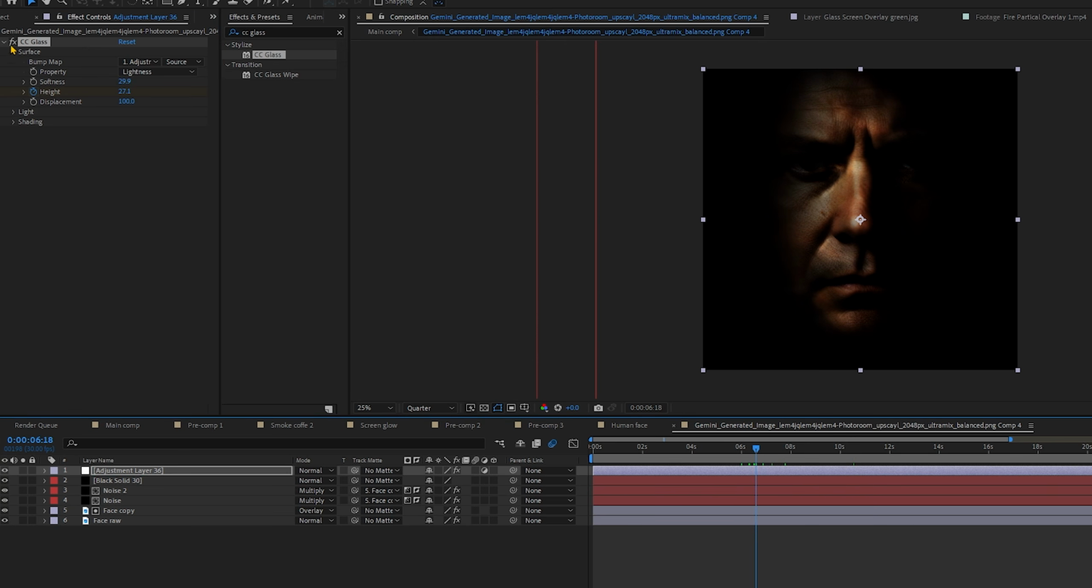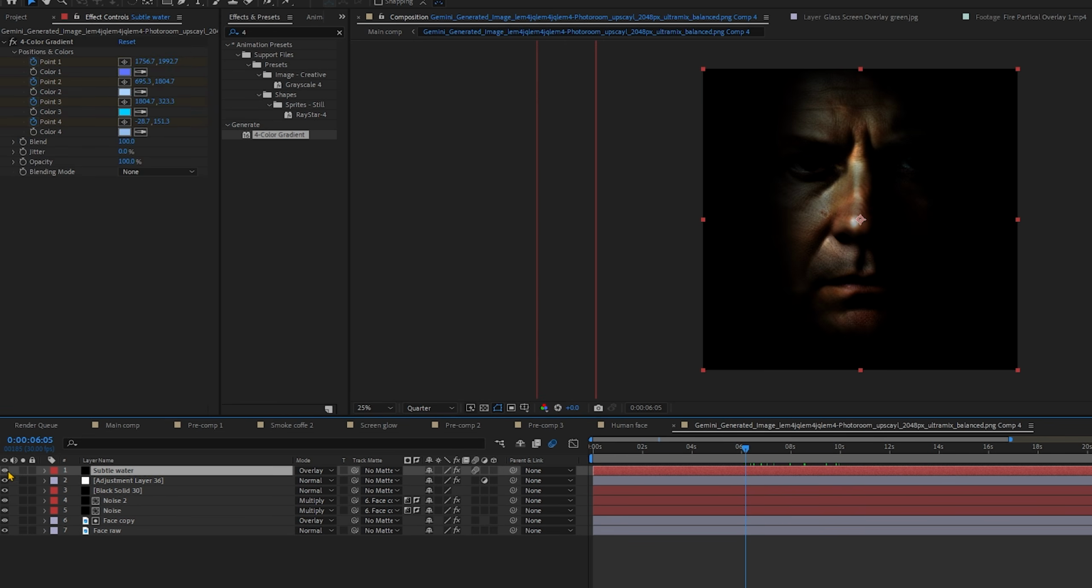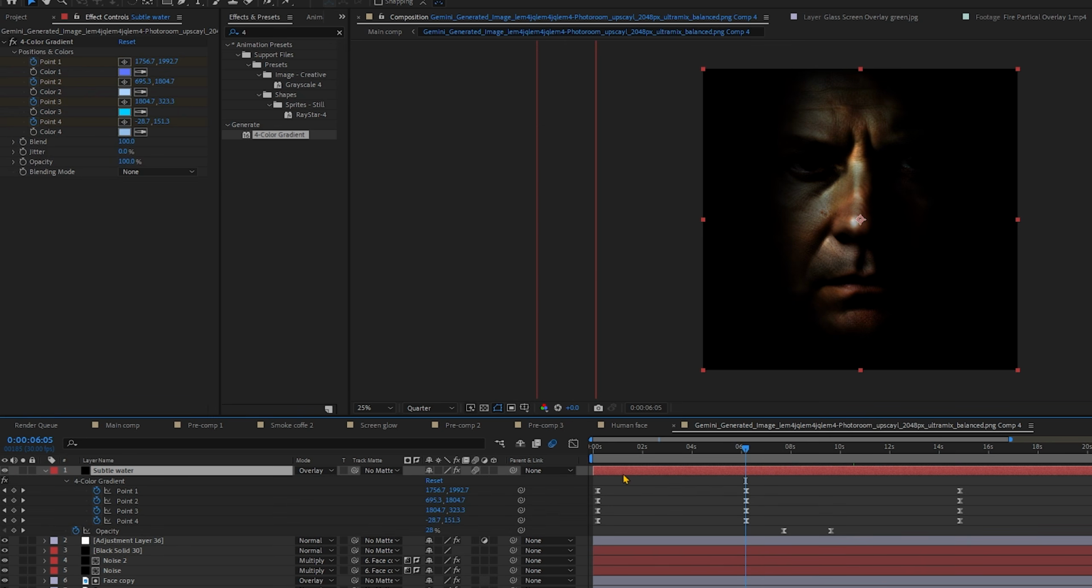I think it works really well. You can add some more keyframes for other settings too, but I think this is enough. And finally, on top of everything, I optionally added this 4 color gradient with blue tones and keyframed it to move slightly, just to give that blue-green underwater vibe, with the blending mode set to overlay and opacity lowered to around 20